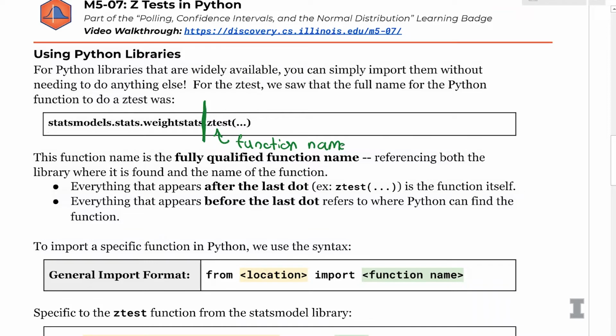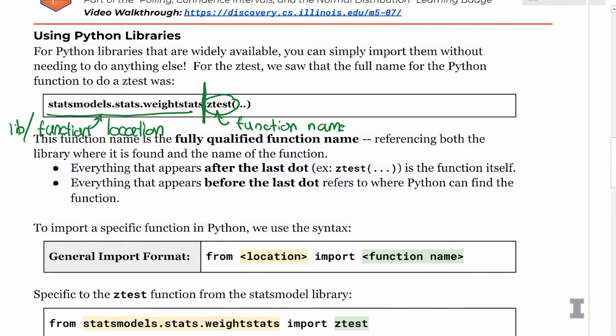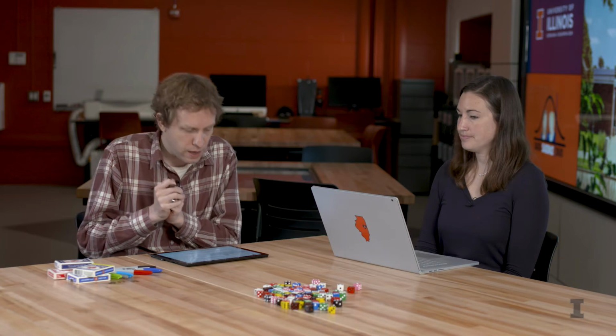So the function name is everything on the right-hand side of the last dot, and everything on the left-hand side of the dot is where we can find the function location. So we're always going to use this generic syntax: from the function location, import the function name.